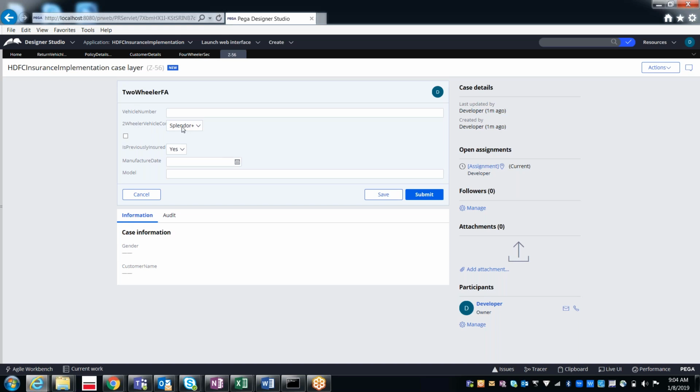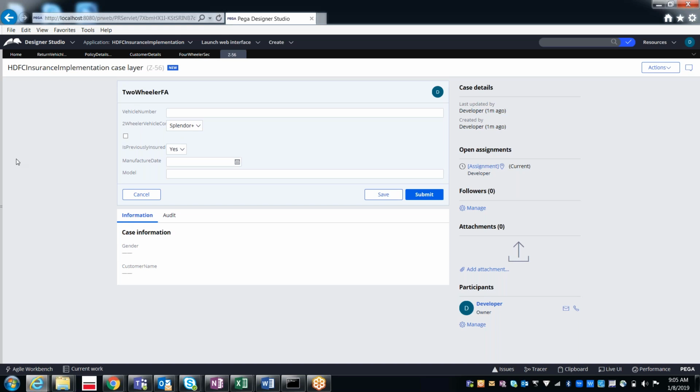So only one drop down is different and all others are the same. In this scenario, instead of creating these three flow actions, we can apply something called circumstancing. I will show you how exactly we can do this.